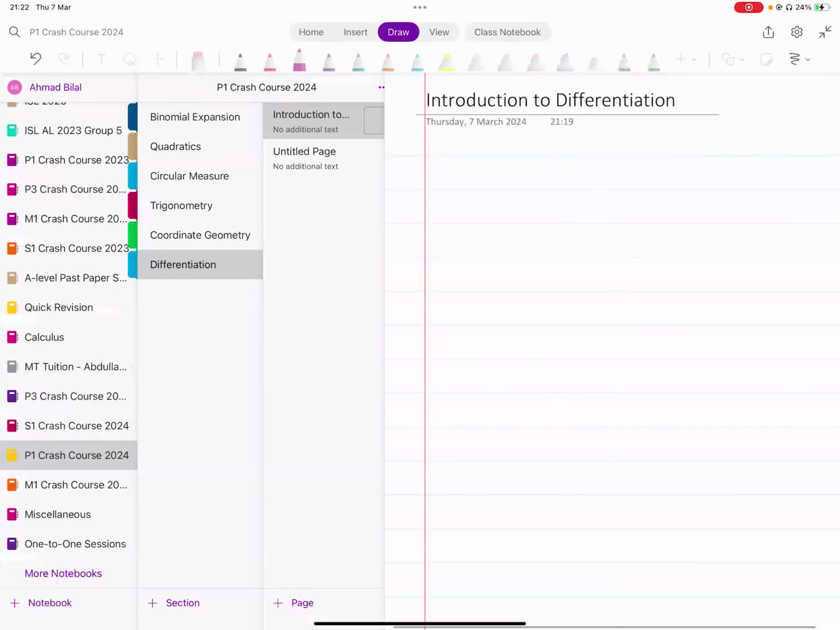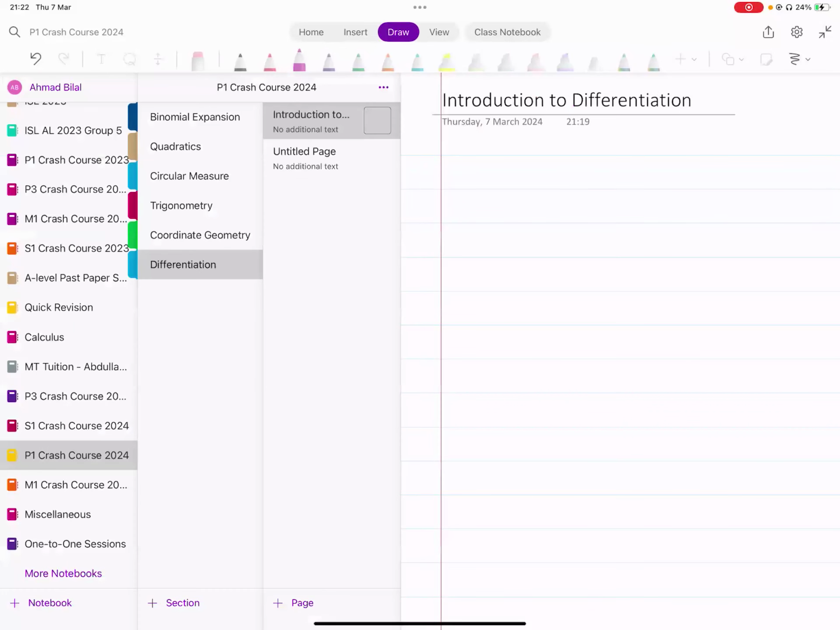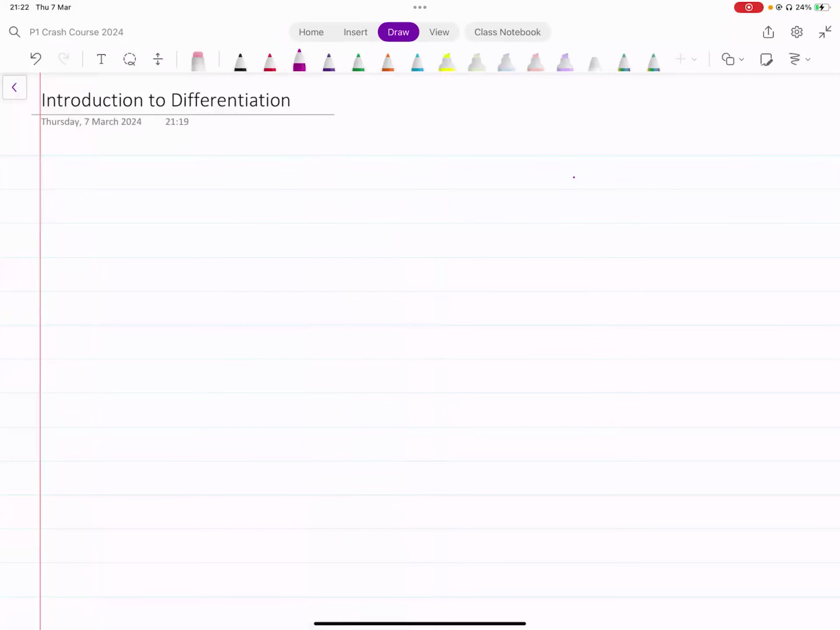Okay, so let's start our next topic then. We're done with binomial expansion, quadratic, circular measure, trigonometry, and coordinate geometry. Now, today we're starting our next topic, which is differentiation. Today we are primarily going to understand what differentiation is about. And then from tomorrow, we will be discussing some rules of differentiation and how to use that to solve different